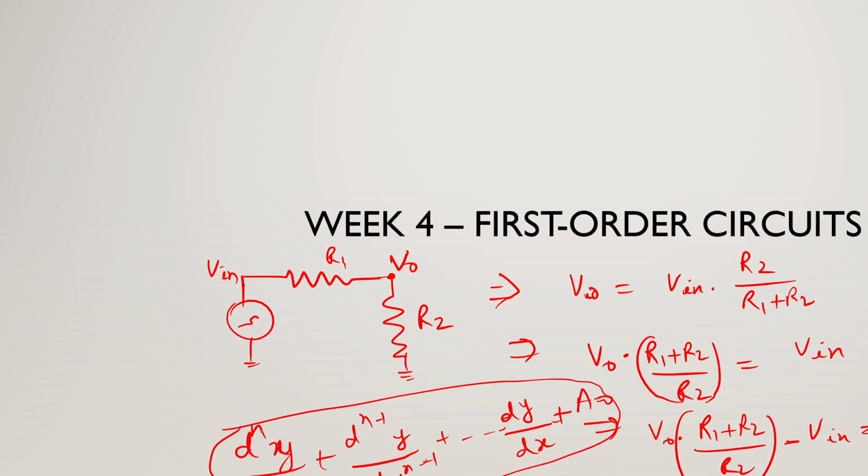If in this case n is 0, then basically you will get what? Some constant is equal to 0, which is what we are getting here. Some constant is equal to 0. So this is a 0th order system. So in this case, it becomes a 0th order differential, sorry, 0th order